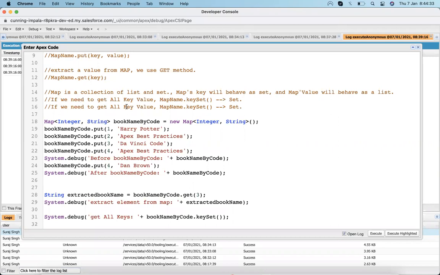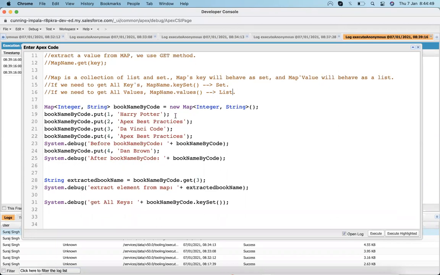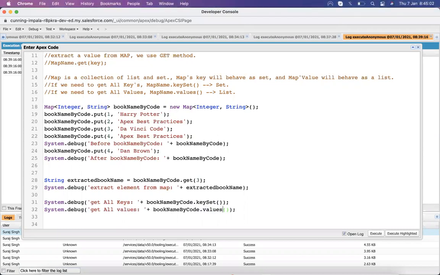And if we need all the values, then we use the values method, map name dot values, and its return type is a list. So if we have to get all the keys, we write it this way, and if we have to get all the values, we write values, and it will work.